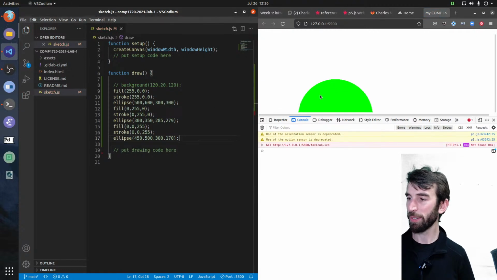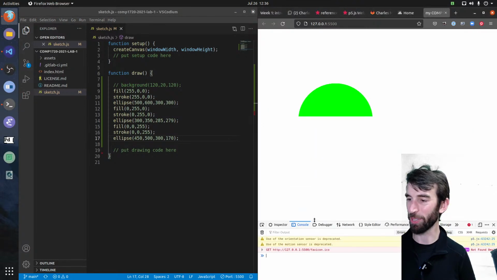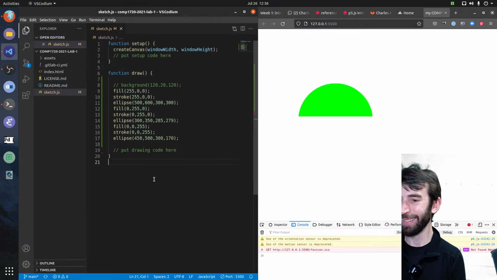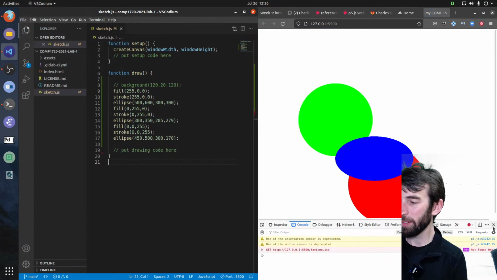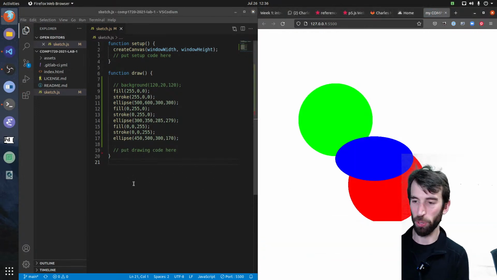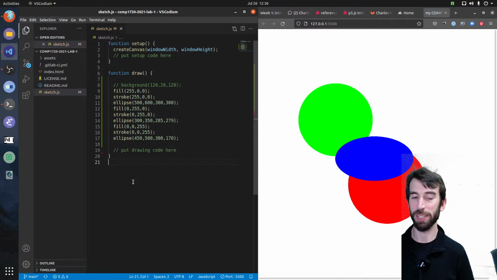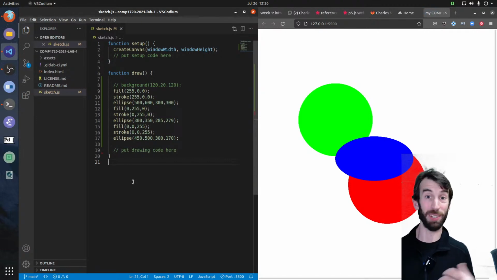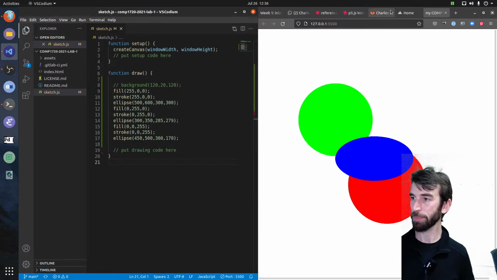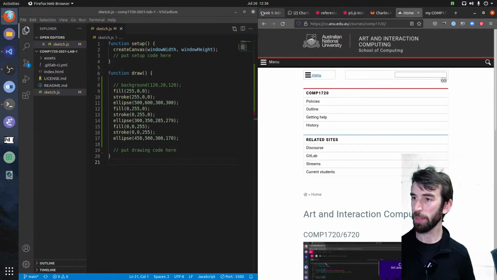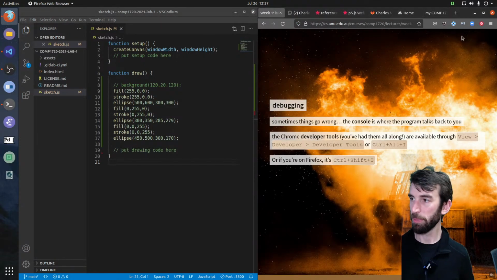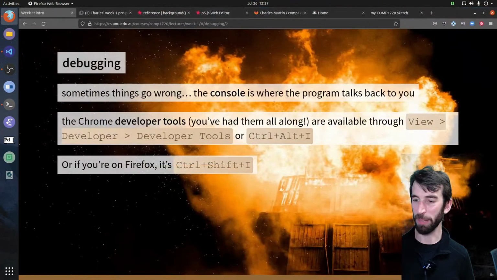We're drawing our circles and our problems have gone away. Well, there's some other problems there which we're not going to deal with right now, but using the console is a good hack when you're doing a complicated assignment and you're trying to get stuff to work and it's not working for some reason. You can usually get some hints from the console about what you need to fix in your code. Okay. We will come back to the debugging process a bit later.